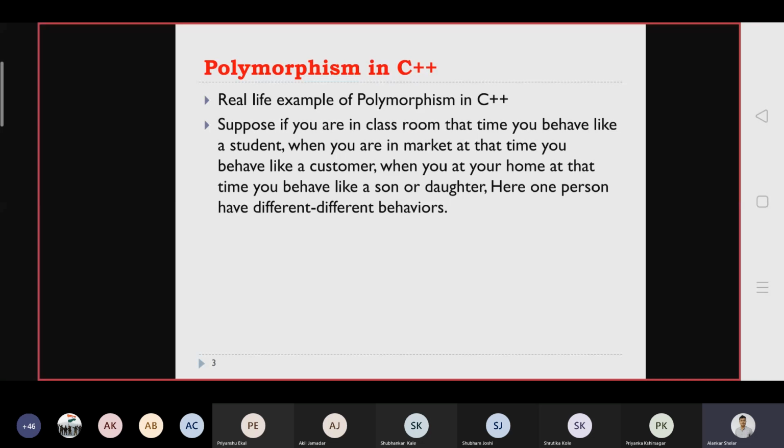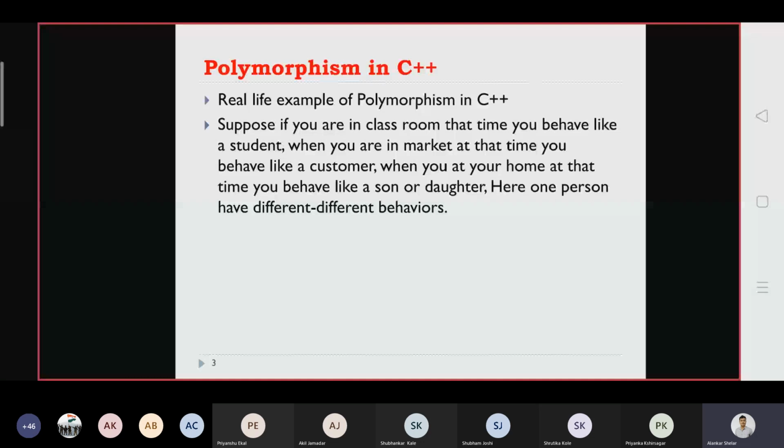Another real-time example. Suppose you have a water bottle in front of you, and that bottle is filled with half water. Say it is a 1 liter water bottle having 500 ml water inside. Suppose I ask you what you can say about this bottle. Some students will tell, sir, half the bottle is empty.